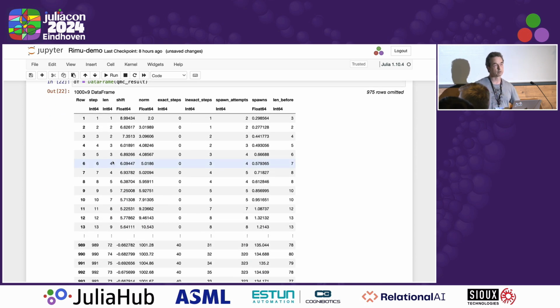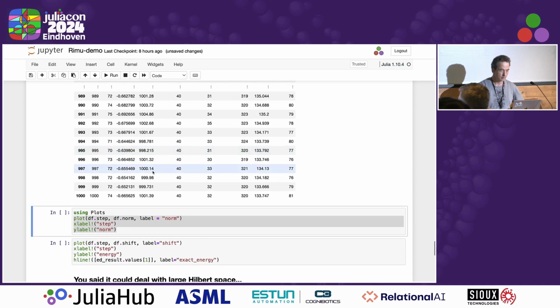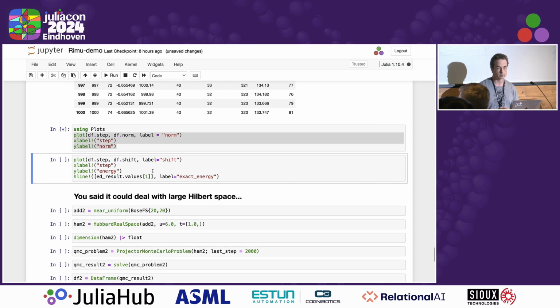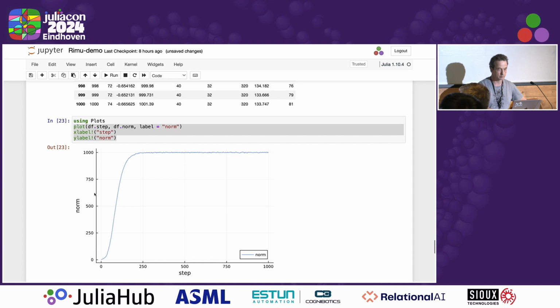Yeah, we're stepping through, we're doing these iterative applications of the transition operator here. And then we can look at this by plotting the norm, for example. The norm is not held constant, but it's controlled by a parameter, which is called target walker number. We've set this to 1,000. So there's a transient until the norm gets to where it should be, and then it just